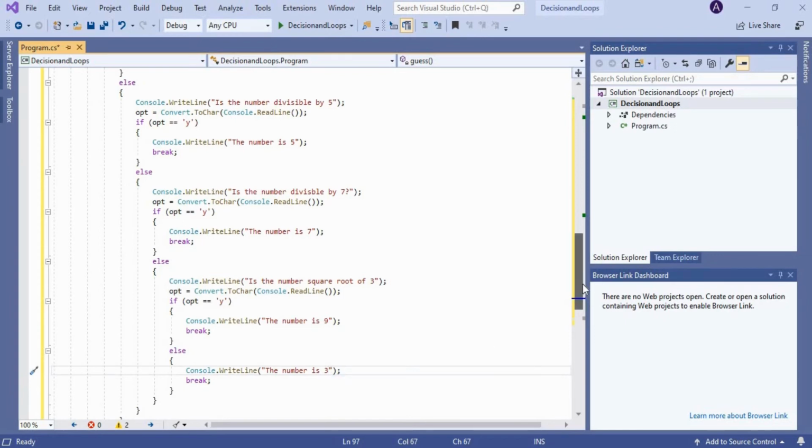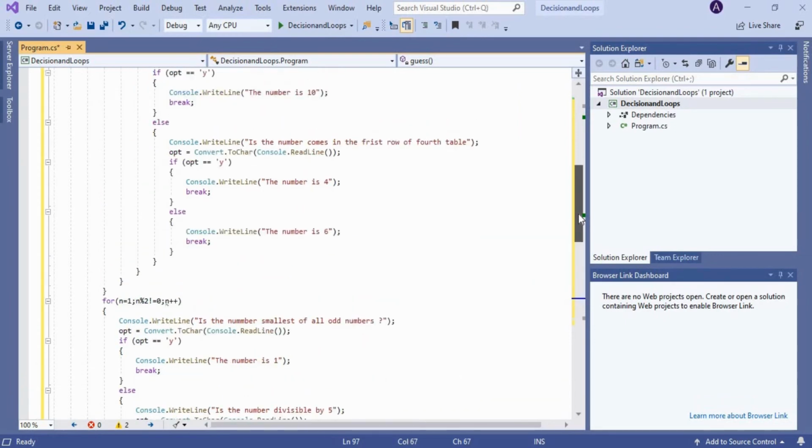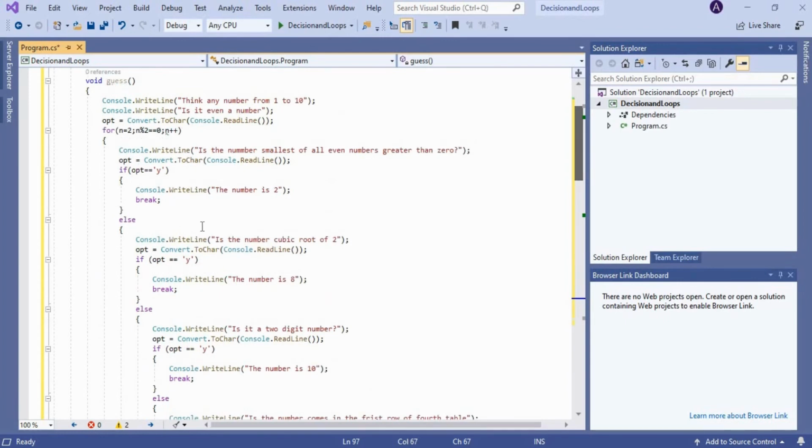Why I have used a for loop here is just to demonstrate the execution of the for loop, right? And to be very frank, in this particular case your for loop will not execute fully. The for loop will get executed only once, as we have a break statement inside every if clause inside the for loop, right? The purpose of the break statement is to stop the execution of the program at that particular instant, right? So when the compiler finds a break statement in your program, it will stop the execution at that particular instance itself, right?